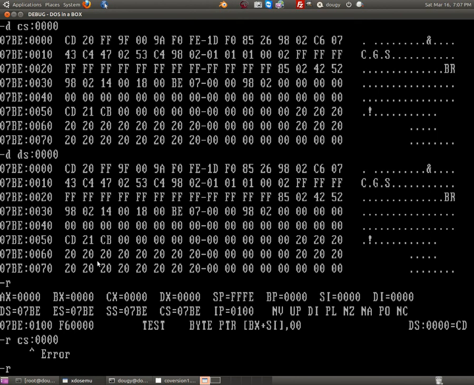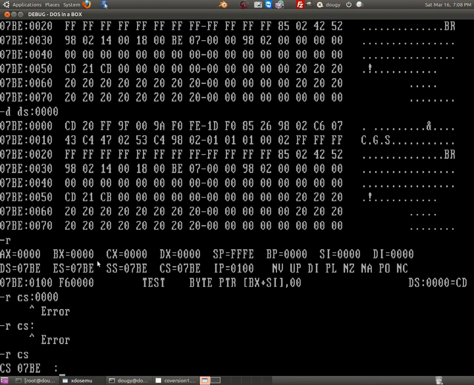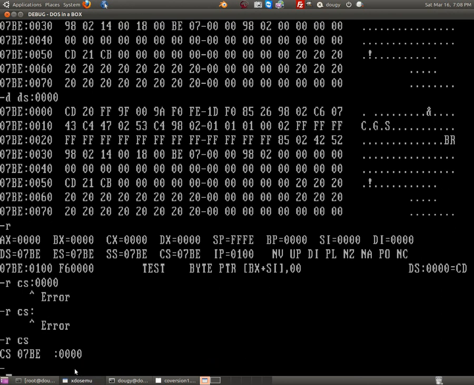Let's say CS, change RCS, okay? No, you're not going to let me. How about CS? Alright. The code segment now is pointed to 07BE. I want to go all the way down to nothing. Alright, enter. Let's dump out